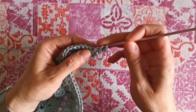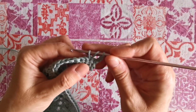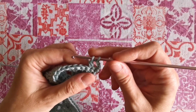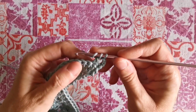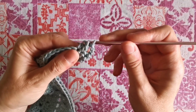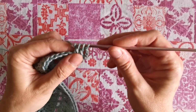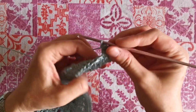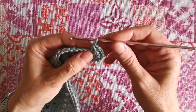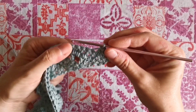So this is the first, this is the second. So I insert the hook, yarn over, pull through, yarn over again, pull through 2. I leave this loop on the hook, then I yarn over again and insert the hook in the next stitch, yarn over, pull through, yarn over, pull through 2. So now I can make my decrease by yarning over and pulling through those loops together, and I have my decrease. Okay, so these 3 stitches count as 1 stitch,